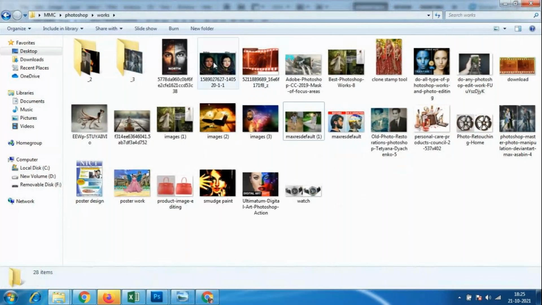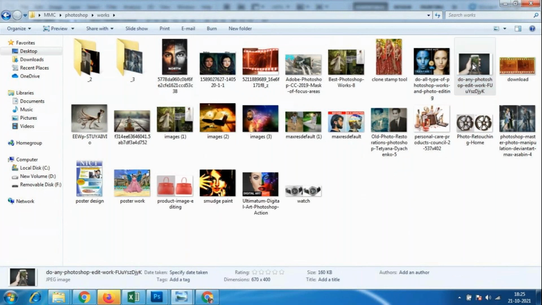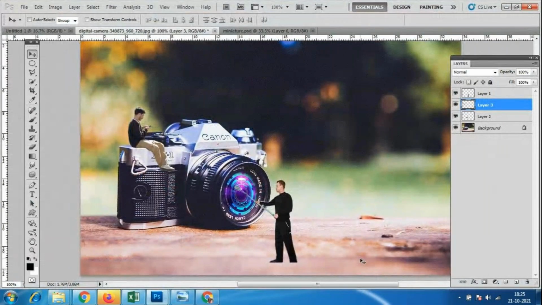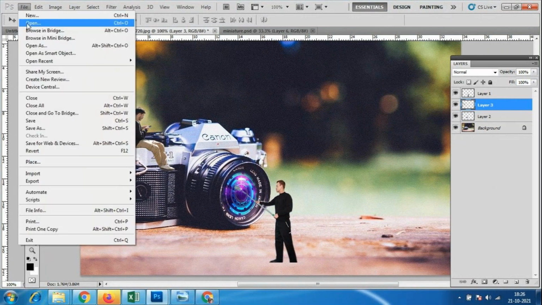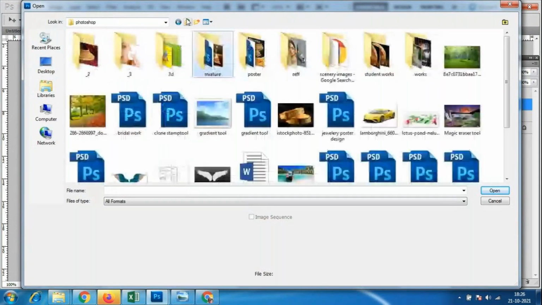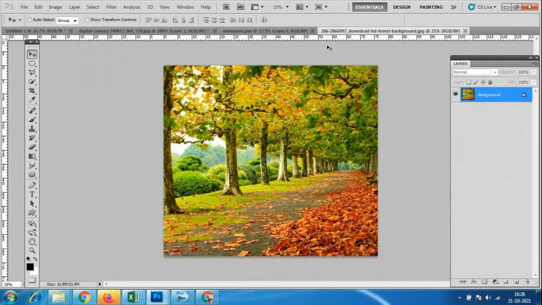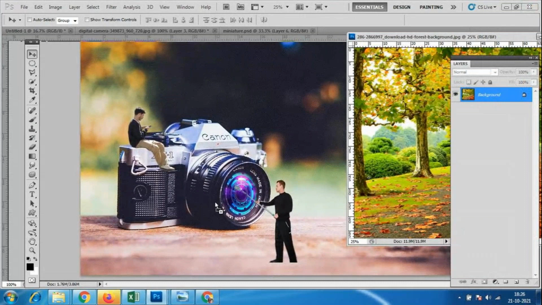Anybody having any doubt? Even how to make this, I will show you people. For this also we need some proper files. Anybody having any doubt? We have to take this kind of image, and then only we can place it properly. We also have this blur option. Even we can place something on the ground, so again we can place a different ground. Look here, I will take this in the background like this.